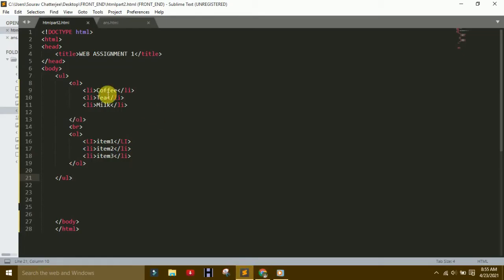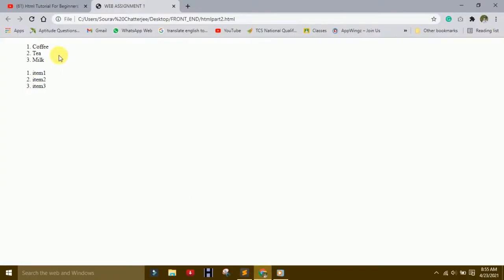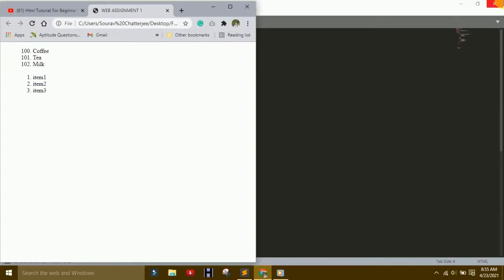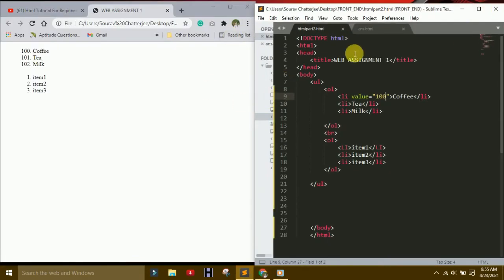So if you give some value here, like coffee value is 100, then refresh here, you see that it changes one by one. Now I make it side by side so you understand better.